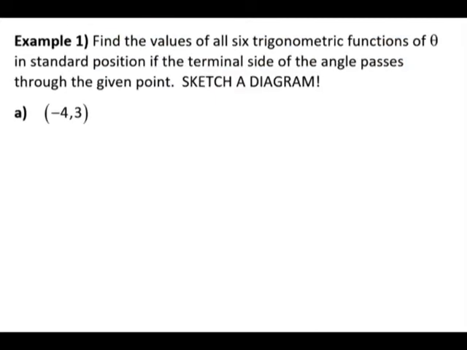Here's a sample problem. I give you a point that the terminal side of an angle passes through, and then you find the trig functions. It's very important always to start with a sketch. It can be a very rough sketch. We're going to draw some axes. And let's call this -4, let's call this 3. So here is our point P on the terminal side. So here's our initial side, our terminal side,